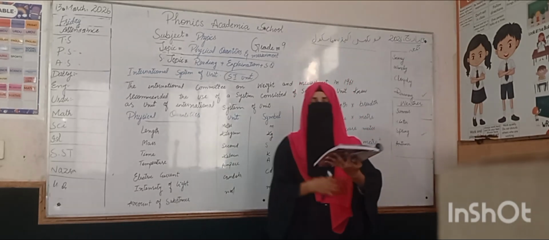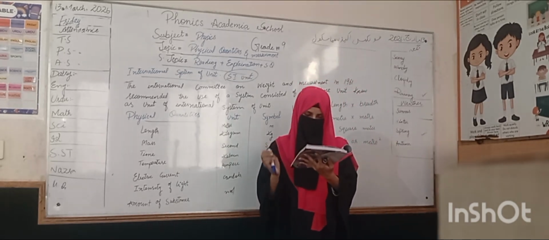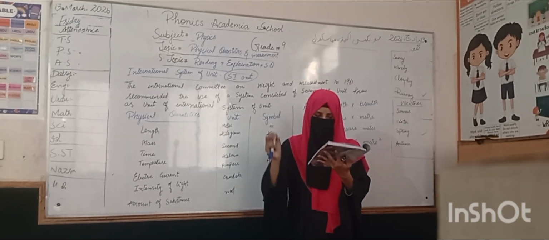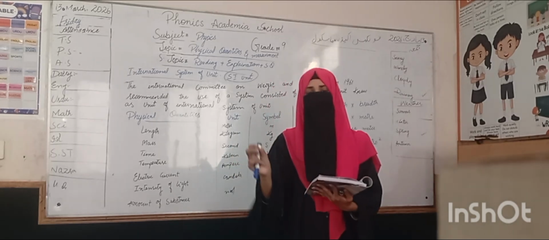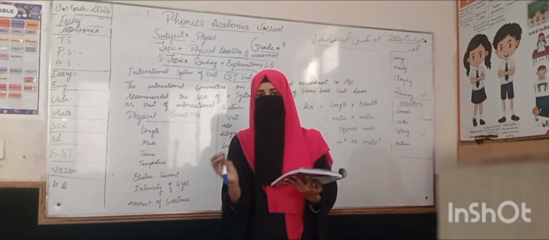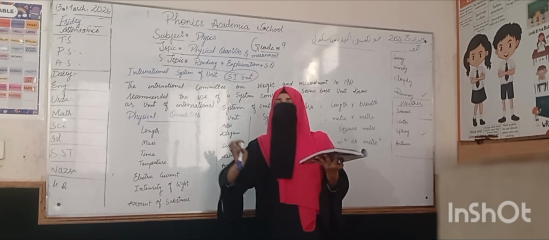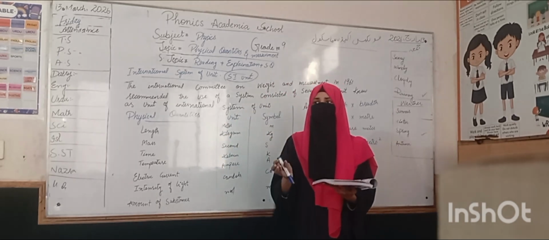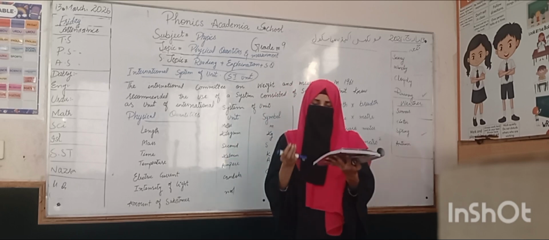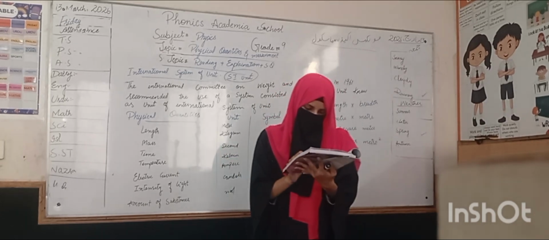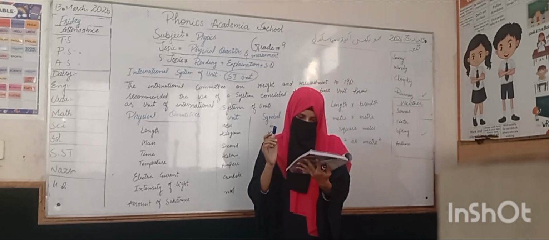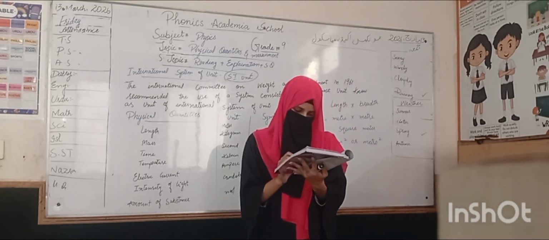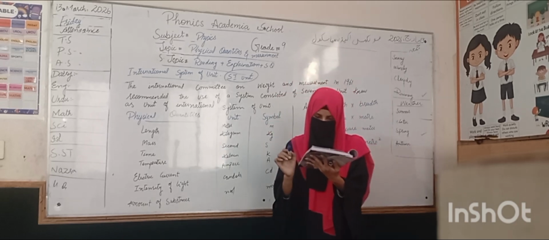SI prefixes. Next one is SI prefixes. The SI is the decimal system. Prefixes are used to write units by power of 10. It's a large amount, like billion, trillion. We use power of 10 to write a large amount in a short form. A big quantity is like 5 billion meter and a small quantity is like 0.004, which are not convenient to write down. The use of prefixes makes them simple.